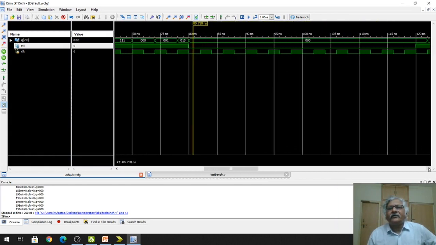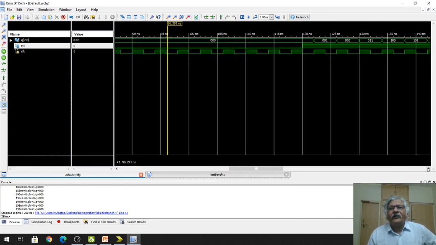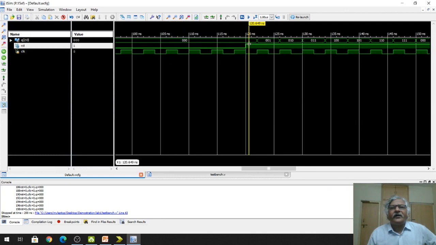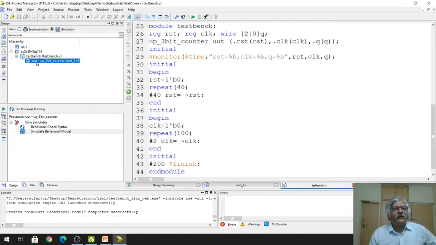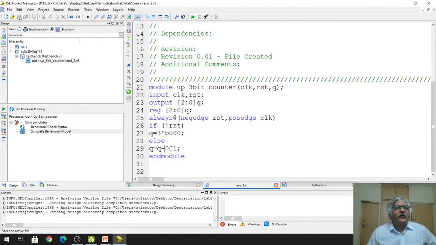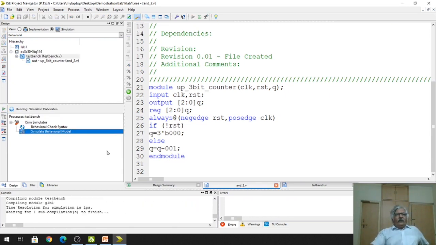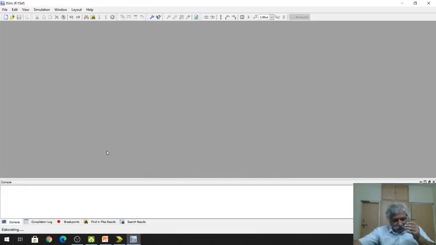So now there is no change, right? There is no change in the output. Again the counter will start working when the RST is 1, then again it starts working. So in this way you can find this working as the 3-bit up counter. Now in this code I will make the change. In place of plus I will put minus, right? And I will save it, and now I will again simulate this code. So now it will work as 3-bit down counter, right?